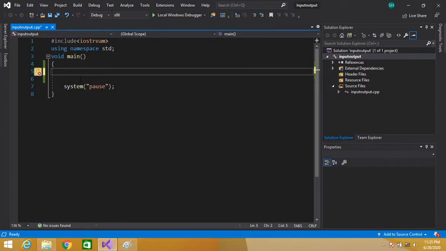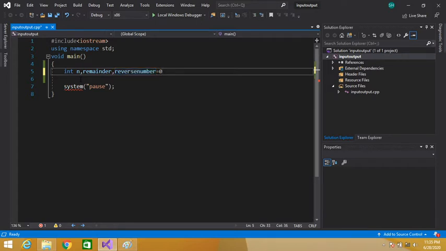We have to declare variables. We will need a remainder variable and a reverse number variable, which is equal to 0.